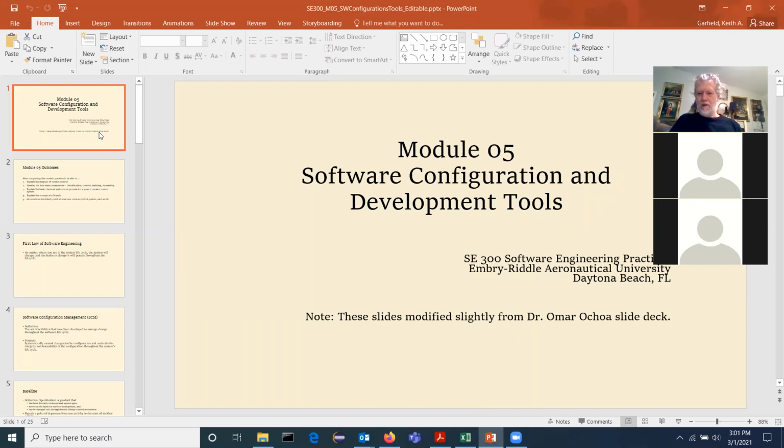All right. Well, let's get started. This is going to be fairly quick, partly because it's been a long time since I had to use a configuration control system, and partly because a number of you are probably using them right now. How many of you are already using GitHub or some version of Git?